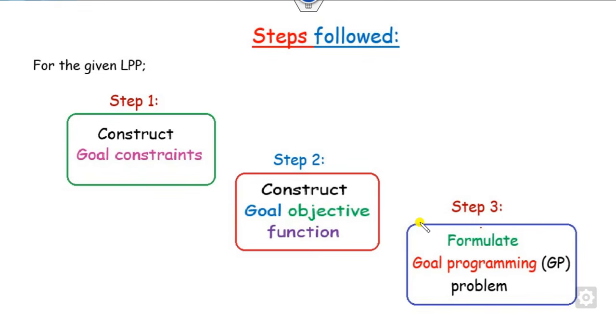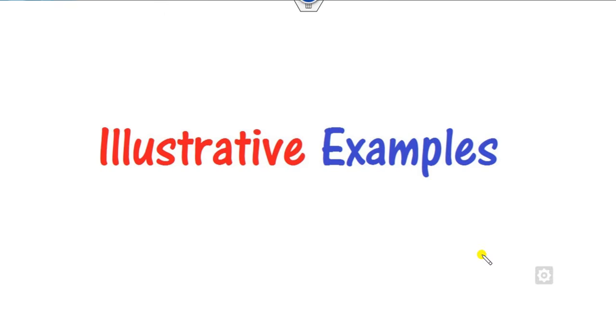What we will see is how we can formulate this problem with the help of a three-step rule. The first step is to define the goal constraints, then the objective function, and step number 3 is nothing but step 1 plus step 2. Whatever you have obtained from step 1, we combine with step 2 and put into step 3. We will see three examples so that you are able to understand this more clearly.